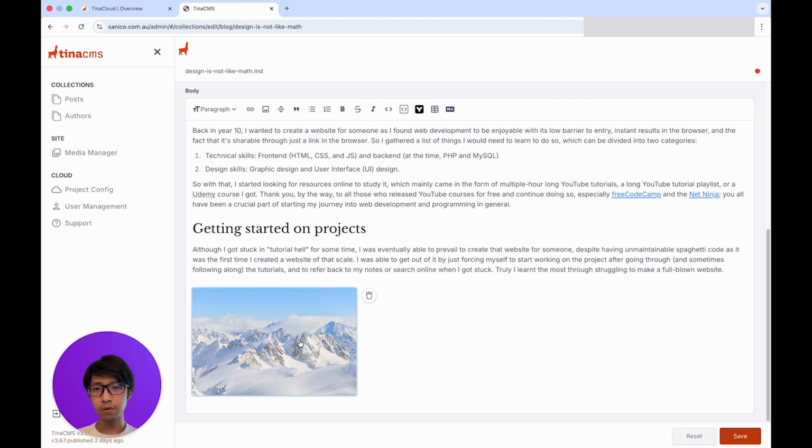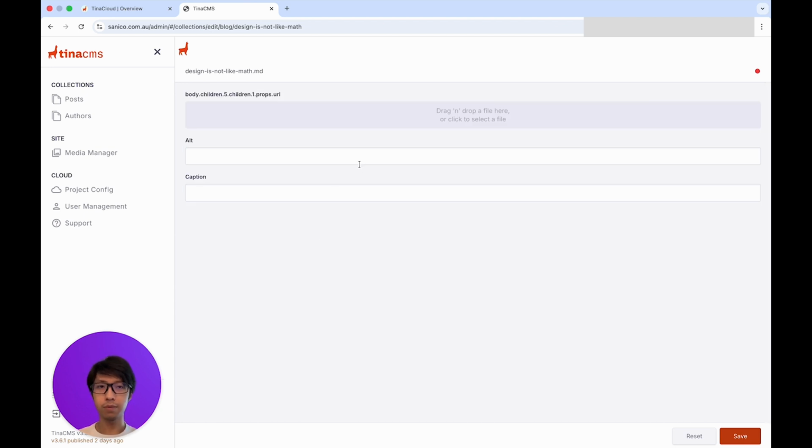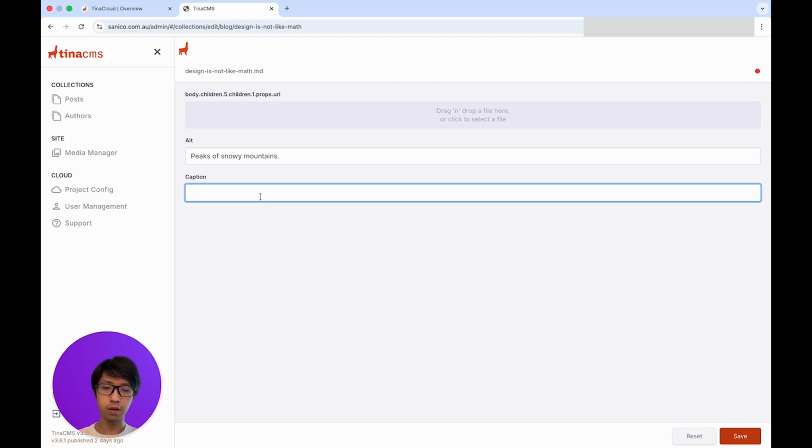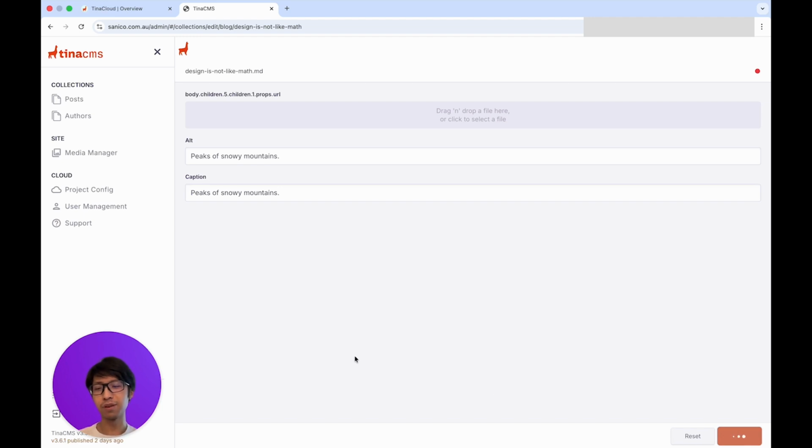I would also suggest for you to click on this image over here to open this page so we can add the alt text and a caption. Alt text is used by screen readers and other assistive technologies to describe the image if users are not able to see it. It should be descriptive and contain details about what you want to convey to someone by showing that picture. So even if the user cannot see the picture, they will still be able to get the point. And in this case, I'm just going to copy paste the caption, which depending on the website might or might not be visible. Okay, and then we can click save,